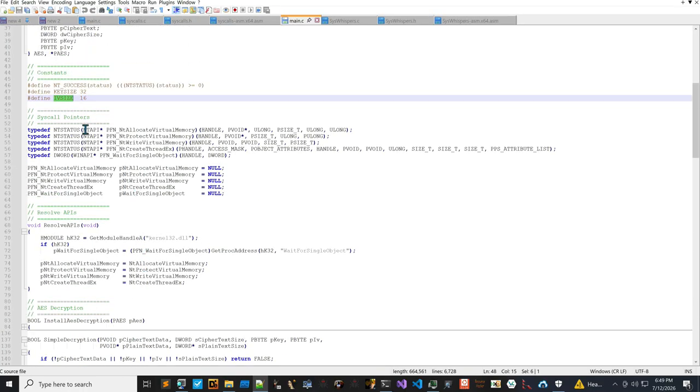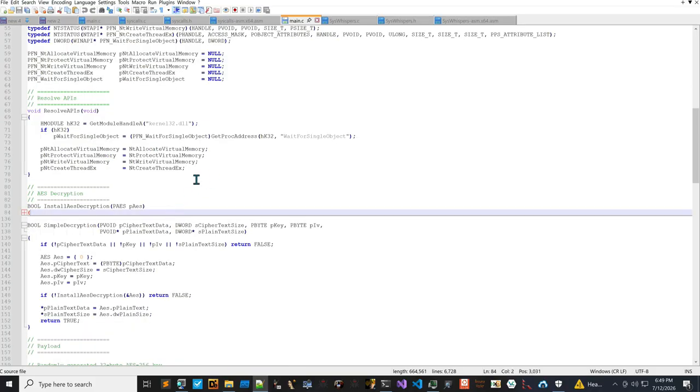And in here we just declare our syscall pointers, and we are using NtAllocateVirtualMemory, NtProtectVirtualMemory, NtWriteVirtualMemory, NtCreateThreadEx, and the wait for single object. And in this one, I decided to not